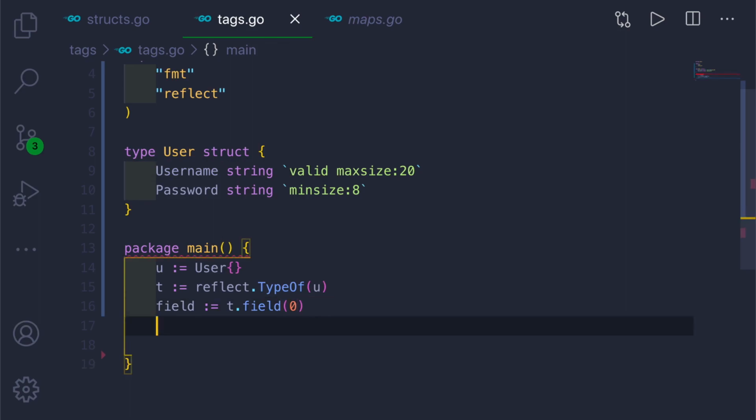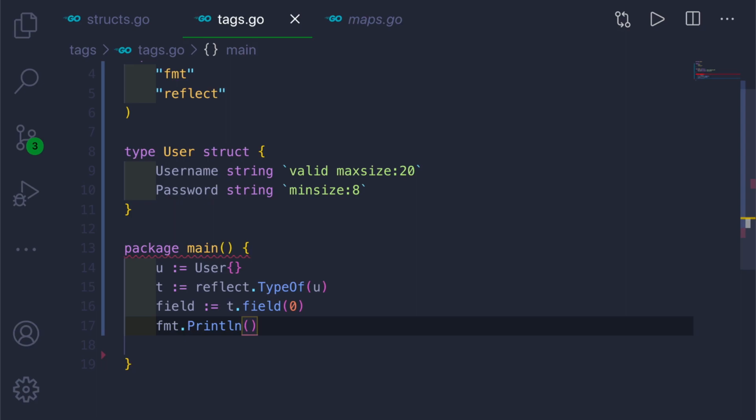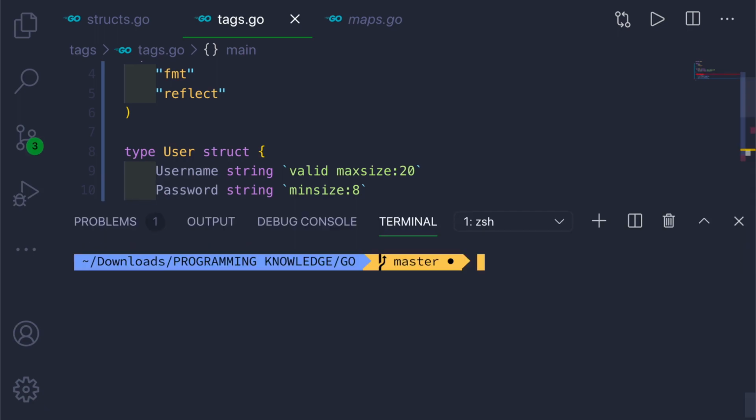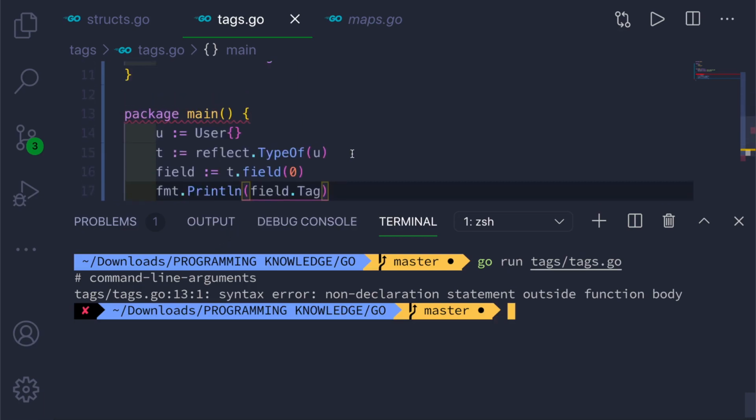Then we just call fmt dot Println to print the tag value. So we'll just call field dot Tag. And if you go ahead and run this, we got an error. We have to search where it is.